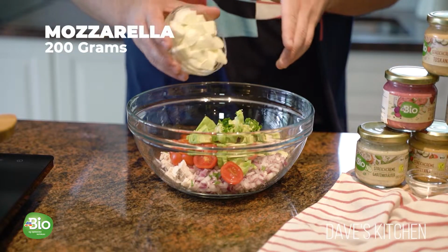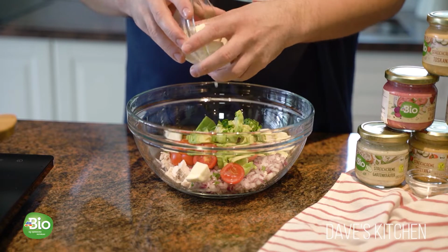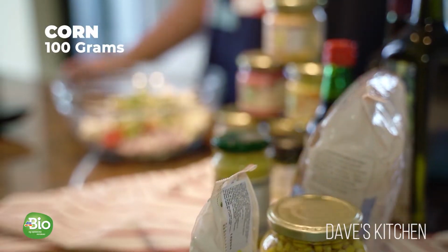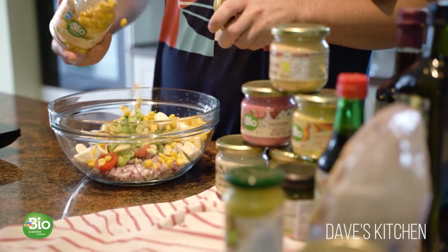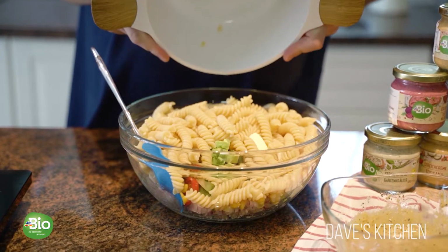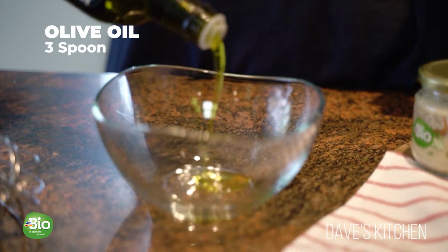Add the cubed mozzarella and corn into the bowl and stir until well combined. When the pasta is ready, drain it, let it cool for 5 minutes and add to the bowl with all the other ingredients. To prepare the dressing, add the olive oil,